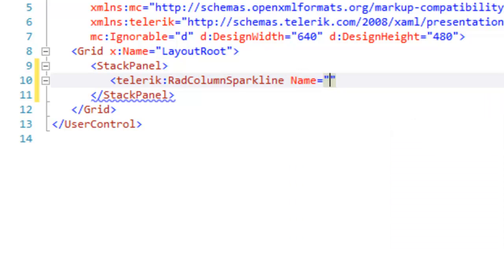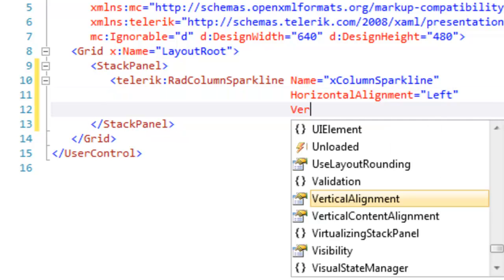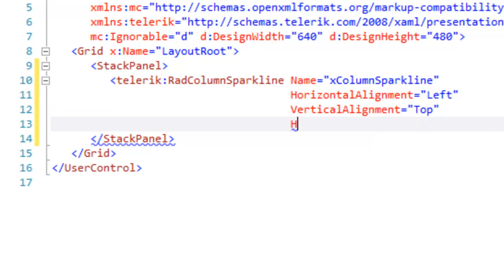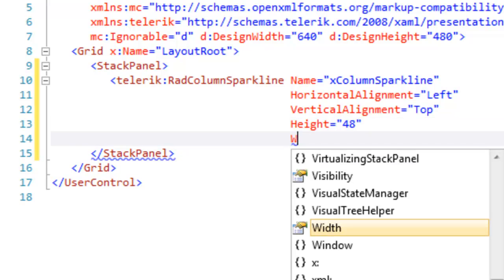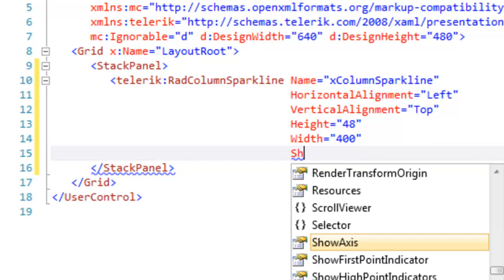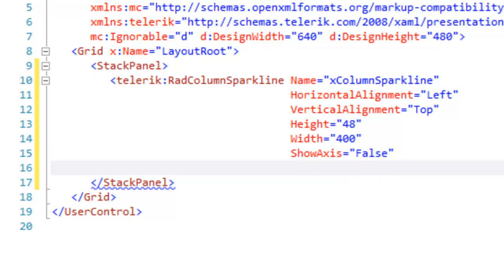And let's set a few attributes such as the name, the horizontal and vertical alignment, the height and the width, which this time we will make substantially wider. Let's set a width of 400. Turn show axis to false,